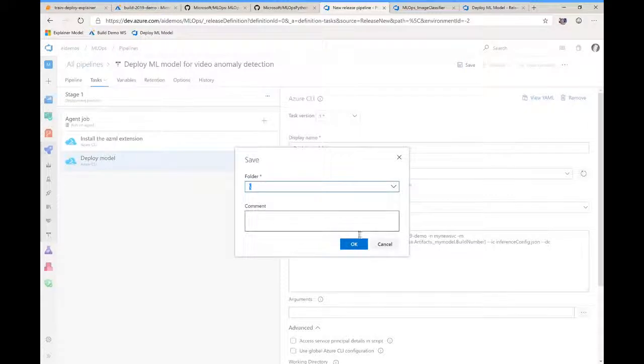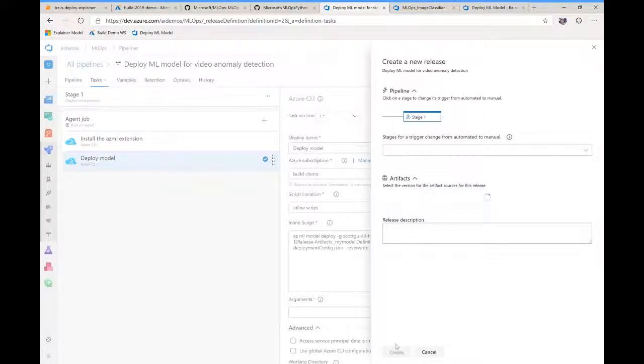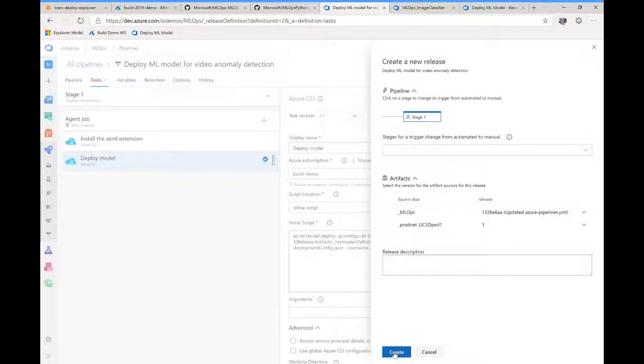So now I've saved the release. I can go ahead and kick one off. So this would be your sort of first cut at doing your production deployment of the model, and you can see there the version of the model and the code. So I'm going to go ahead and create this, and once I've created it,